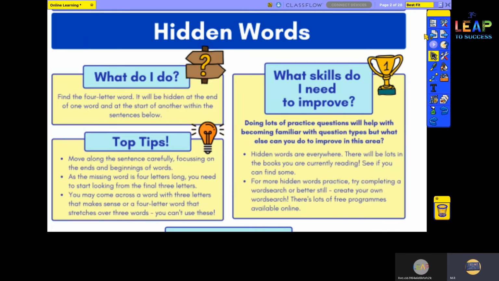Okay, in today's episode, we'll be looking at hidden words. This is a part of the verbal reasoning unit. So I would like to start off with a few instructions before we begin to look at some questions. So, a hidden word,